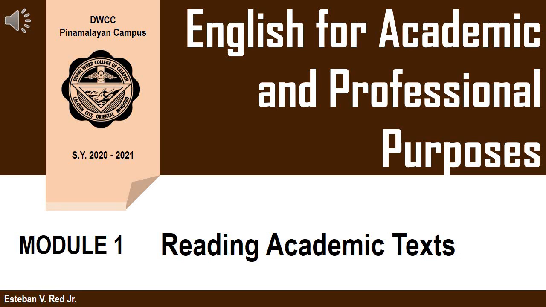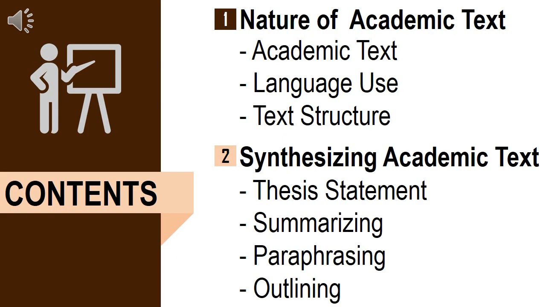The Module 1 of English for Academic and Professional Purposes is entitled Reading Academic Text. This Module 1 is divided into two lessons. Lesson 1, Nature of Academic Text, in which we are going to discuss the academic text, language use, and text structure. While Lesson 2 will talk about synthesizing academic text, which includes the thesis statement, summarizing, paraphrasing, and